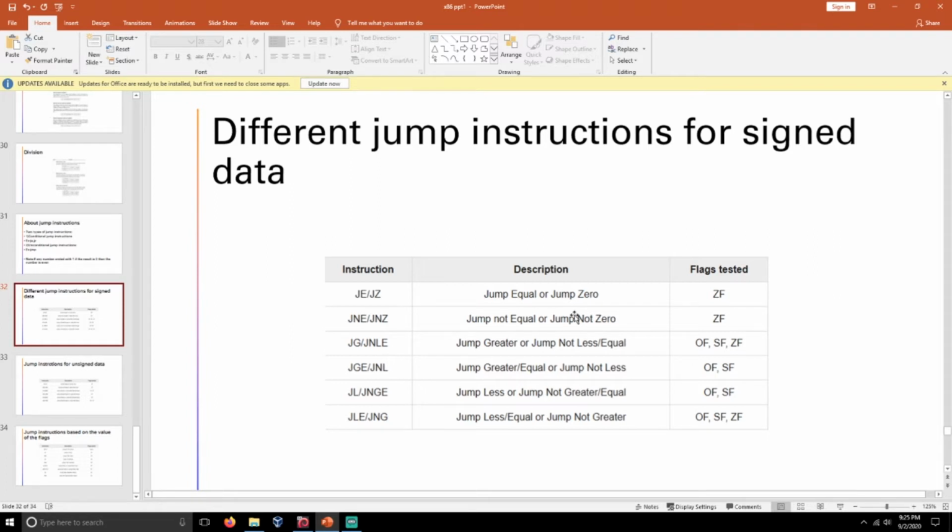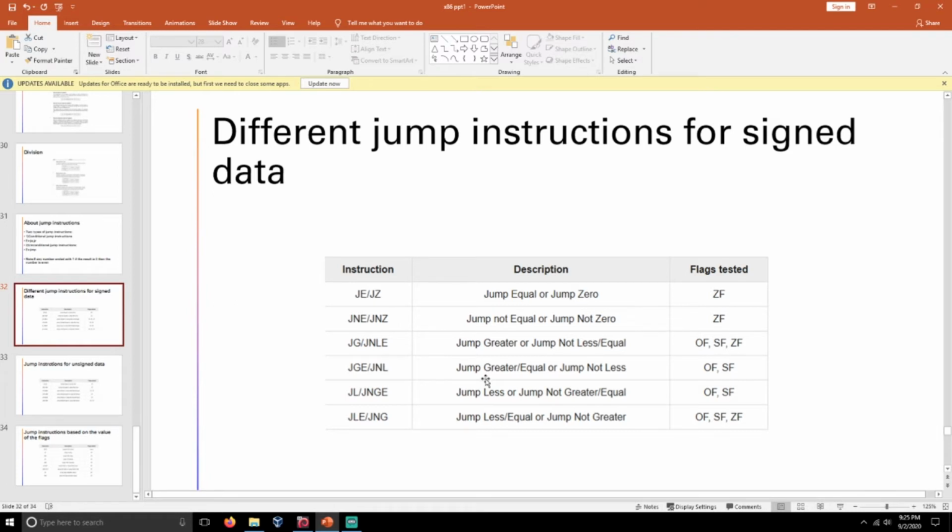The flag tested to execute this instruction is ZF, the zero flag. And JG or JNLE: if the result is greater than your assumption, this instruction will get executed. For this, the overflow flag, zero flag and so on are tested. JGE or JNL means jump greater or equal, or jump not less.